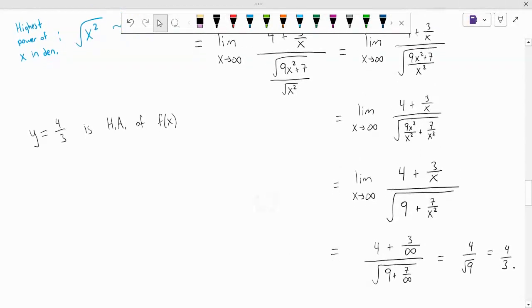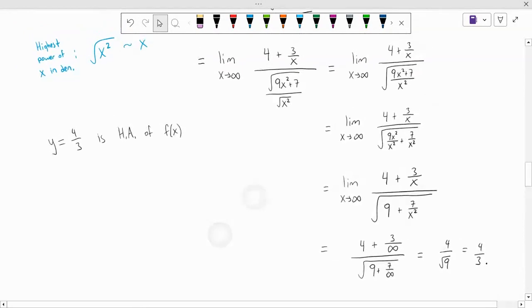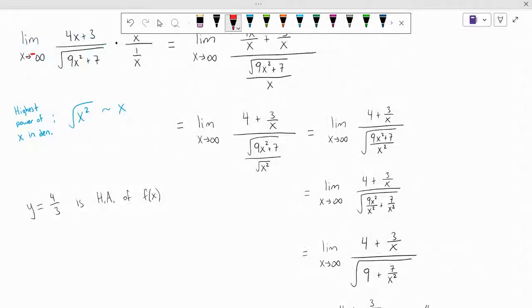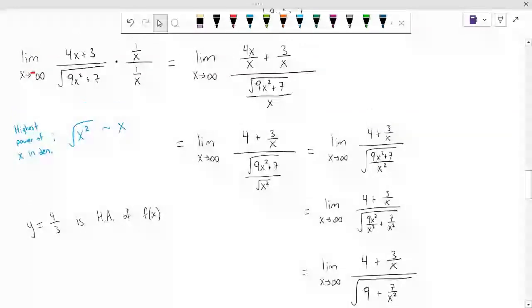All right, and then it's possible for a function to have more than one horizontal asymptote though. So we also want to consider the limit as x approaches negative infinity, because that limit might give us a different answer, in which case it will give us another horizontal asymptote. And this is the thing that I wanted to highlight in this problem. If we try to do the limit as x is approaching negative infinity,